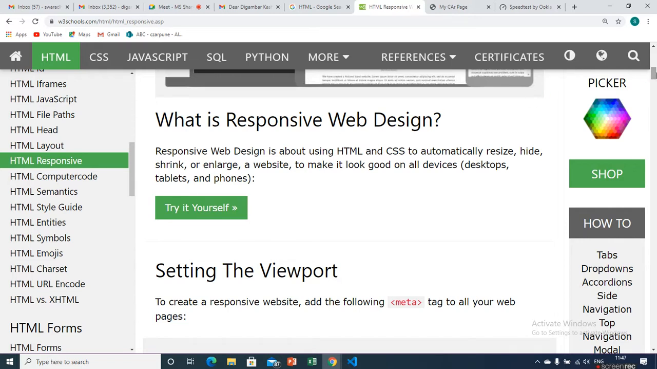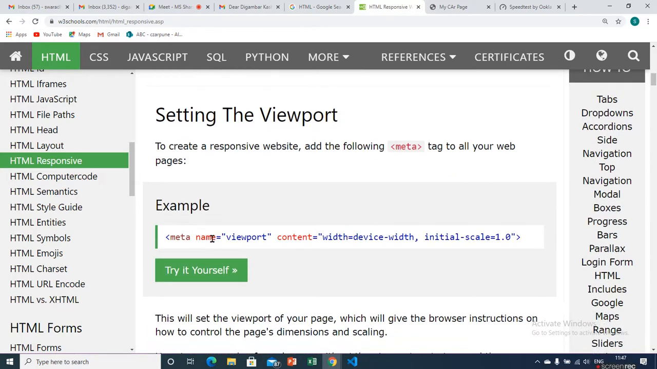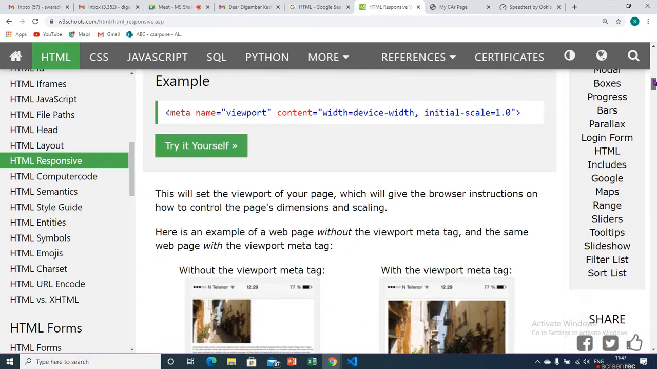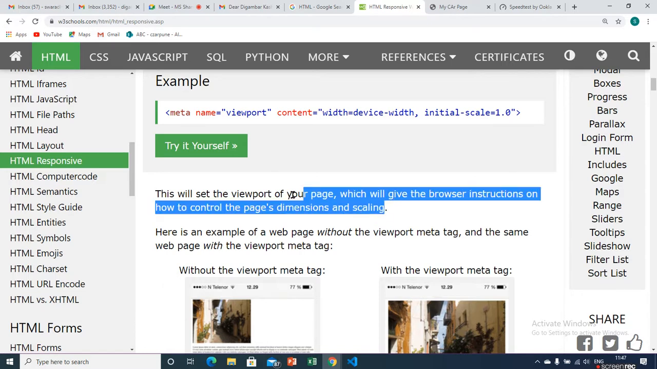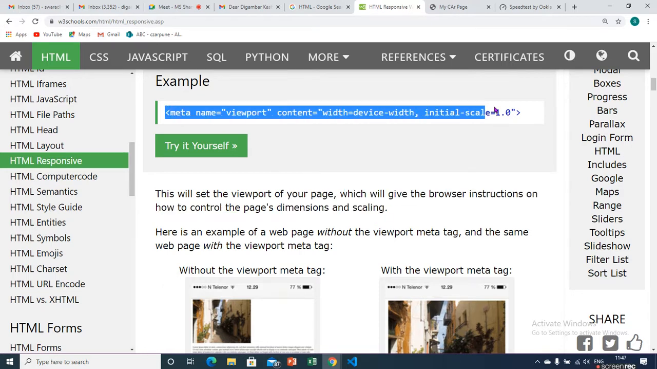So, setting up a viewport. In the meta tag there is a viewport meta tag. In the meta tag, content width equals device width, which means it takes whatever the device width is, with initial-scale 1.0. This sets the viewport of your page, which gives the browser instructions on how to control the page dimension and scaling. When you add this meta tag on your page, it